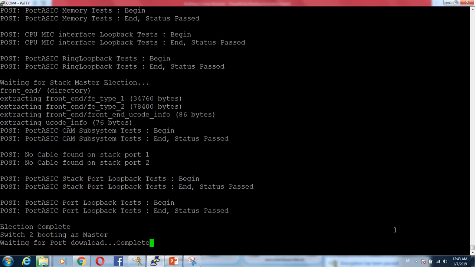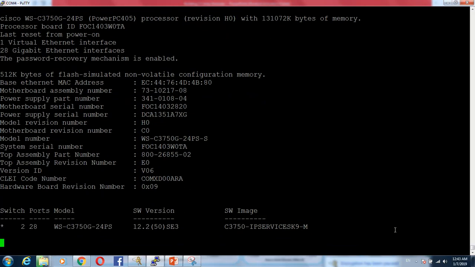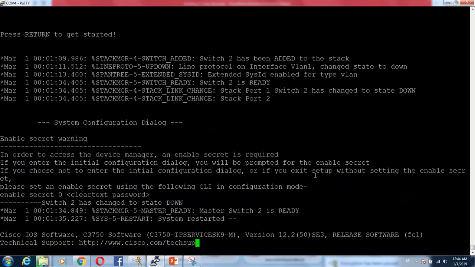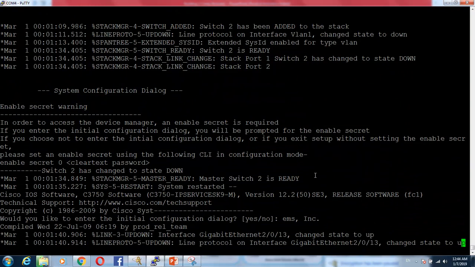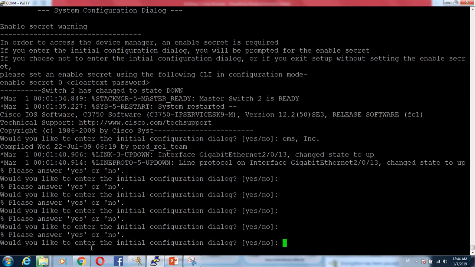All right, waiting for port download. So here you go. It's giving me the information of the device. Okay, fine. Let's wait. All right. Hey, let's see what happens. Okay, it's telling me something. Hey, would you like to enter the initial configuration dialog so I can set up everything for you? Why is it not asking for